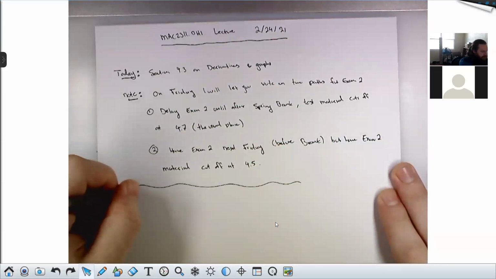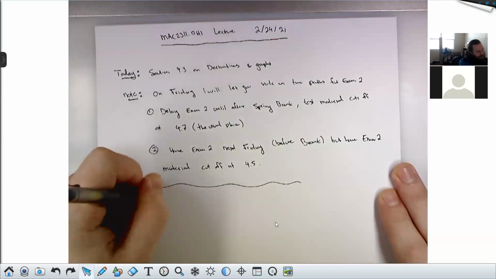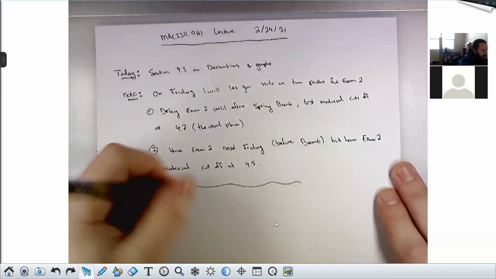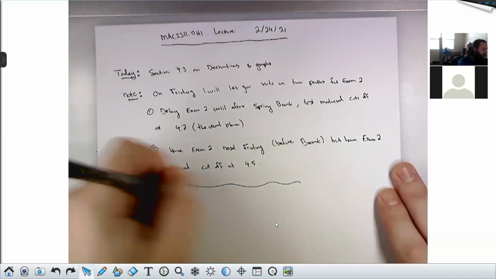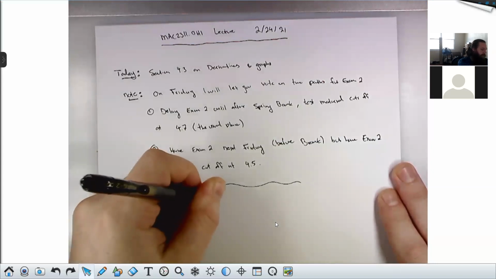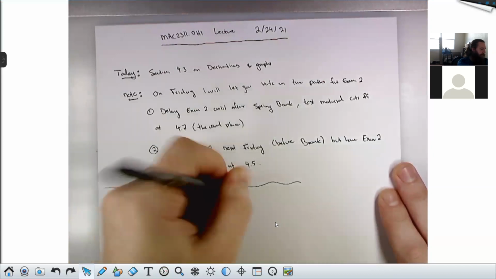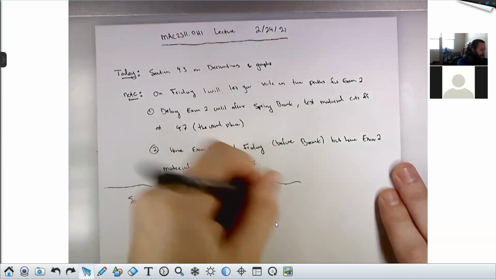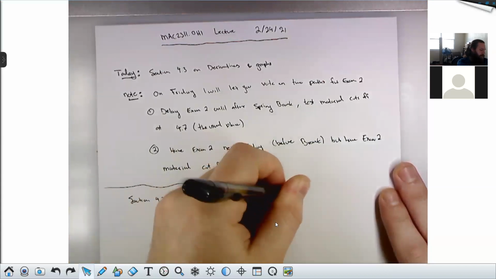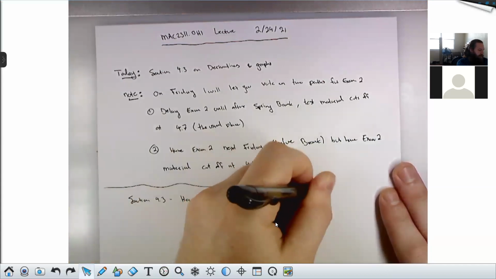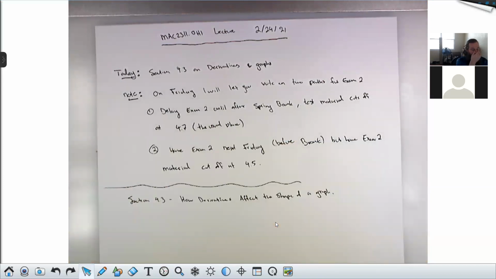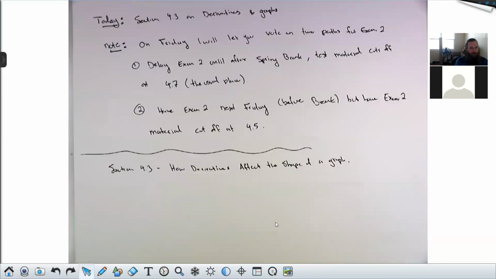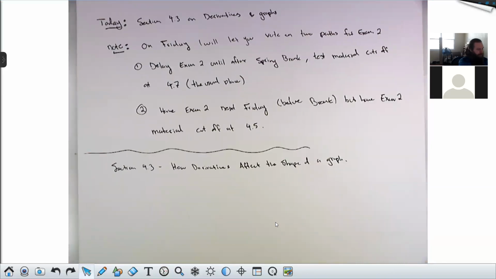Let's get into section 4.3, which is in the syllabus titled graphs of f and f prime. Really the section title is how derivatives affect the shape of a graph. All right. The place this all begins,